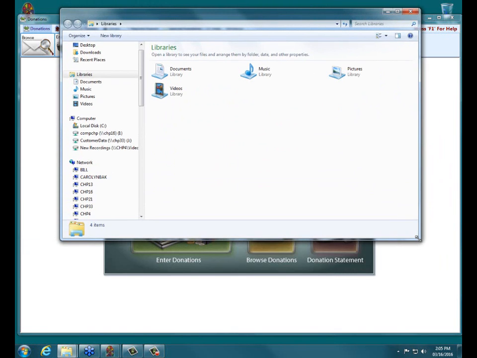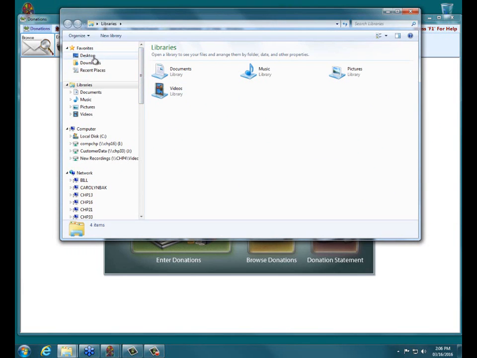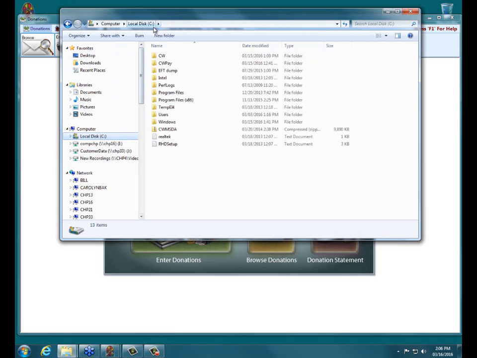If you go to your computer, you can browse either to your documents folder or your desktop folder. I'm just going to navigate to my local computer's C drive here. And what I'm going to do is click on my new folder button up here at the top, and create a donations import folder